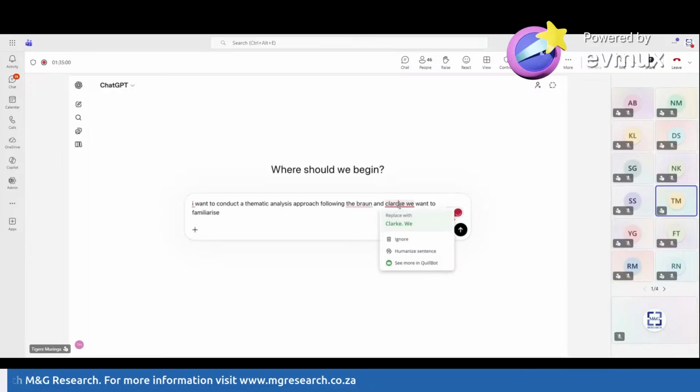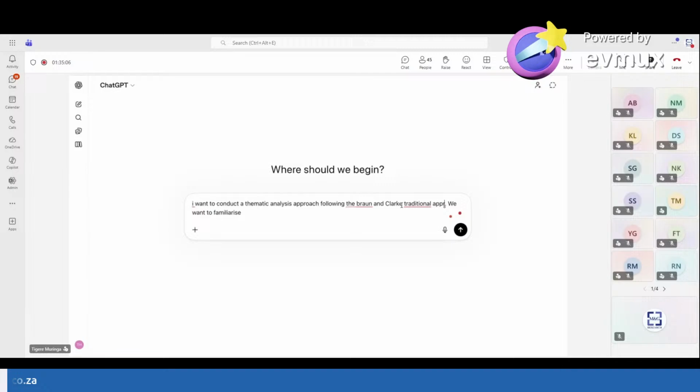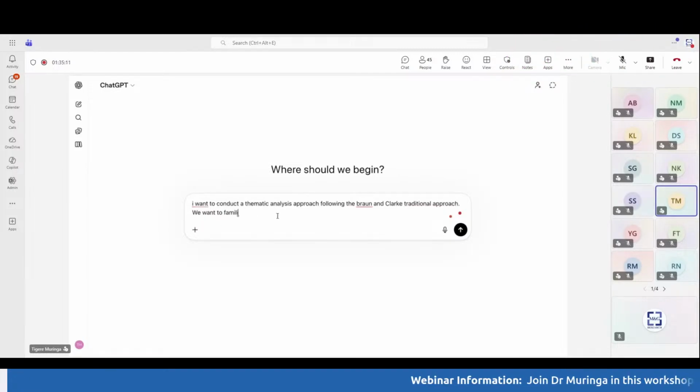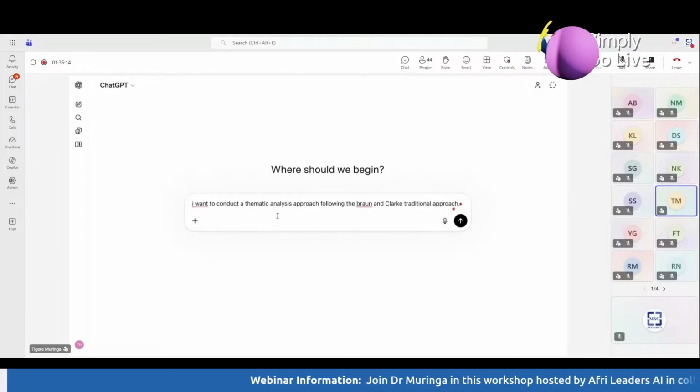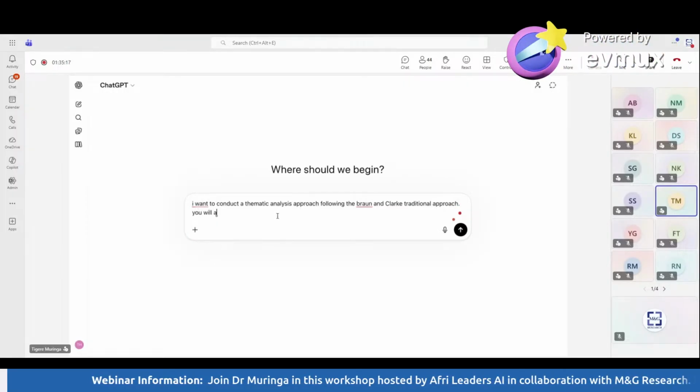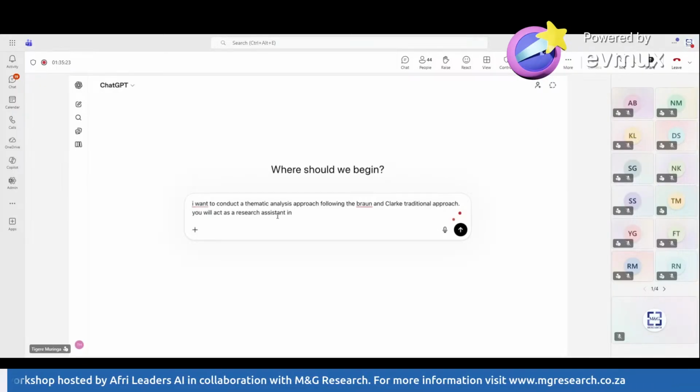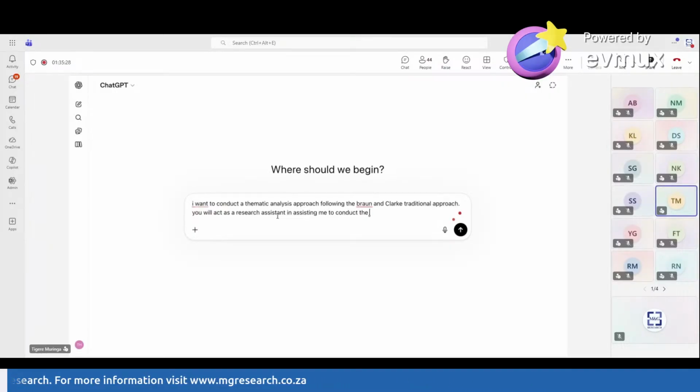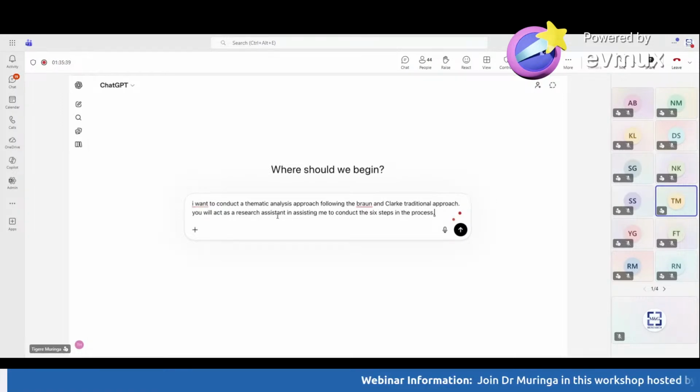There is a reflexive one, then approach, right? So what is the role of ChatGPT? You will act as a research assistant. Conduct the six steps in the process, right? But first,